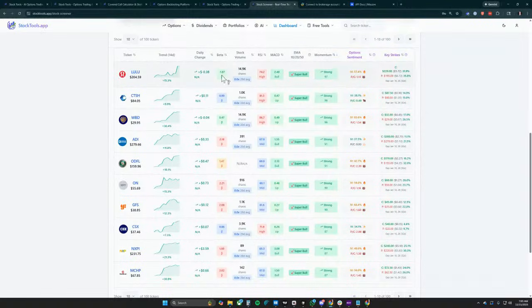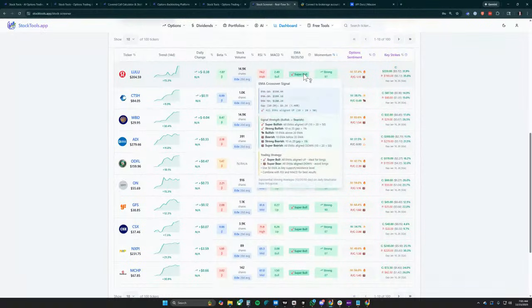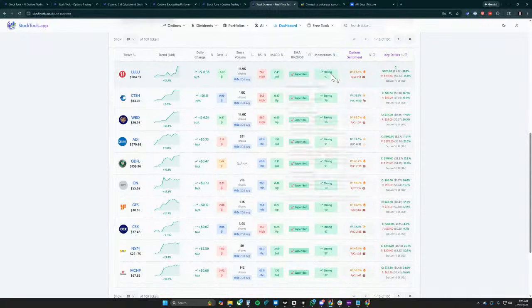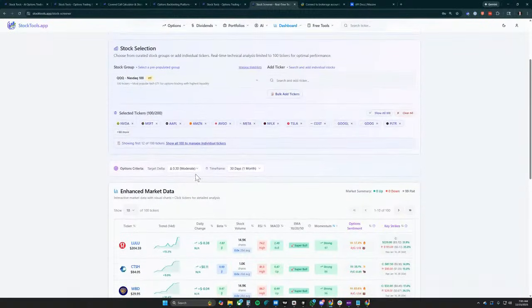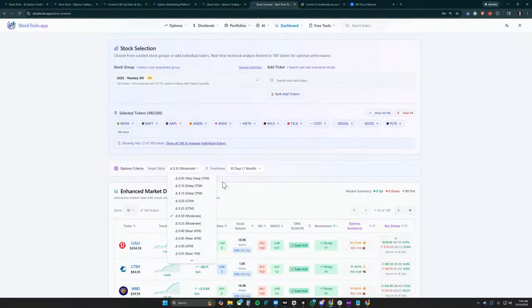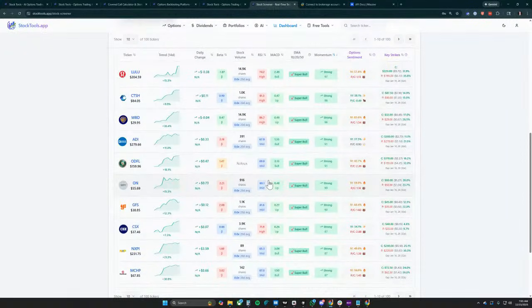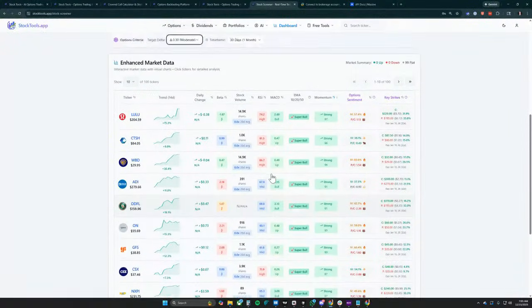Based on its momentum, based on RSI super high at 74, MACD is high, the 10 EMA is over the 20, and it's also over the 50 EMAs. So I'm looking at all of these things and the direction it's going, and then trying to pull in some quick hits for what's the IV, what's the put call ratio, and then what are some strikes you could sell. I even have the ability to change that delta criteria too for the options that it shows. So if you want to see, can you rank all the stocks in the QQQ and then show me all the 20 delta options for them.